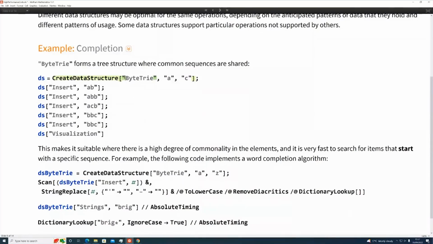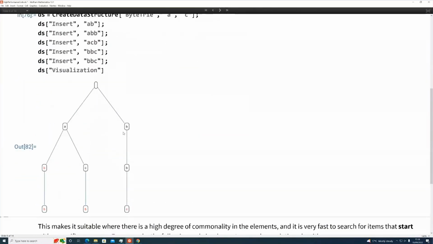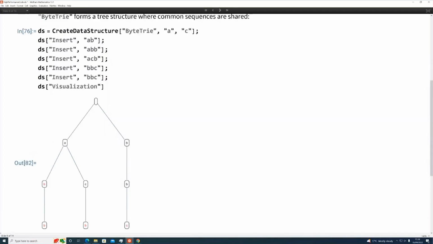So here's one of the slightly more exotic ones, a byte trie or a byte tree, depending on your preferred pronunciation. The easiest thing here is if I set one up by inserting some contents in and then making a visualization, and then it's easier to explain. What it's doing is basically creating a tree-like structure where shared starting values are recorded only once. Because I've got A, B, and ABB, and ACB all sharing an A, I only need to mention A once, and I've got ABB and ACB underneath the A, and likewise underneath the B, I've got BBC, and I've got a root node here as well